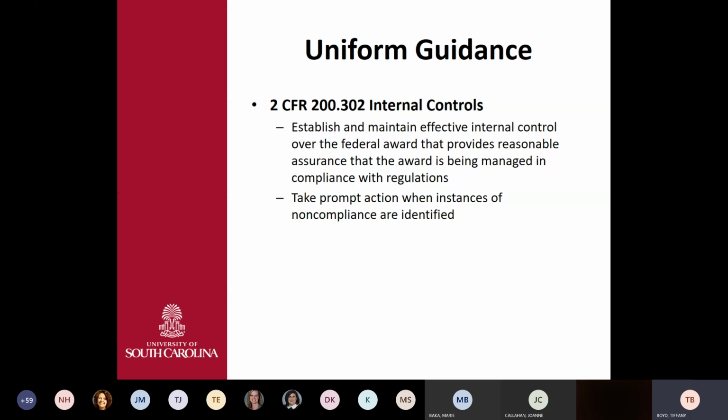So sometimes, when we get cost transfer requests that are more than 90 days old, we have to reject them based on the fact that it would be an internal control finding if we approved it. Not that we believe it's not true, or that the charge doesn't belong there, or it's not allocable or allowable. It's not necessarily that. It's the fact that Uniform Guidance requires us to have internal controls in place to catch it faster than that, and we didn't. And it would be an audit finding for the university to approve the cost transfer,